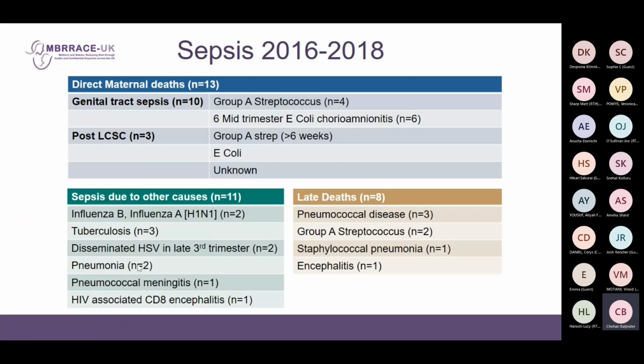But what parameters do you think makes it difficult for us to say whether or not someone is septic? So think about the physiological changes that may happen. Well, for one thing, all pregnant women have high white cells anyway, so it's difficult to know when that's significant. So what might be normal then, Joe? We might draw a line at 20. Yeah. Ish. Yeah, no, I agree, about 20-ish. There's no hard and fast rules about this, but you've got to try and have a normal-ish parameter. So up to 20, agree. Anything beyond that, you would wonder if there's something going on.